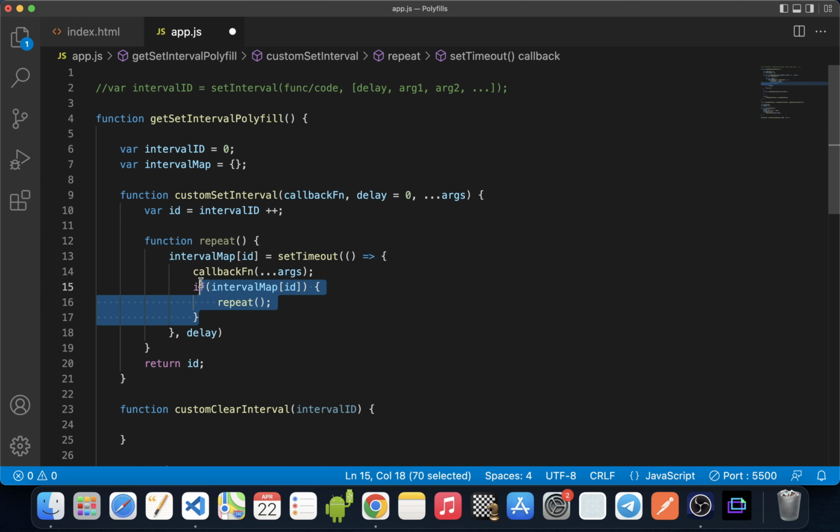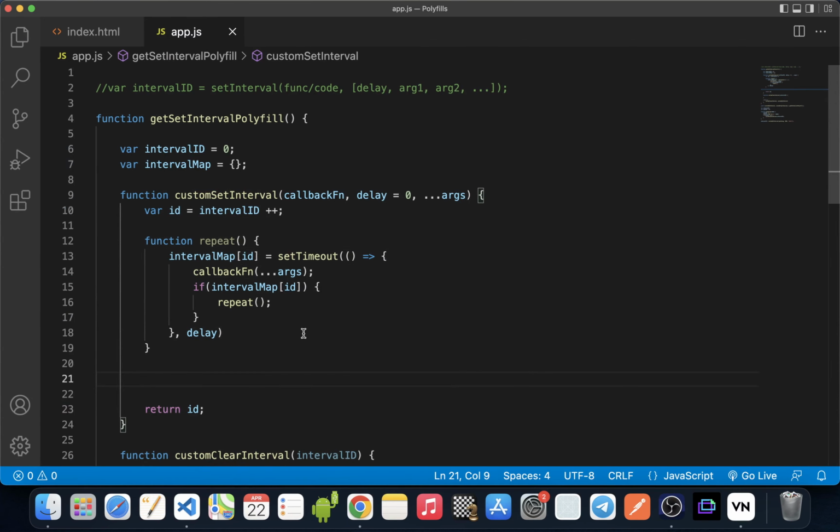This will create a repeating effect of set interval function. Why are we having this condition? So that at the time of calling our custom clear interval, we will delete this interval id to stop the calling of this callback function.